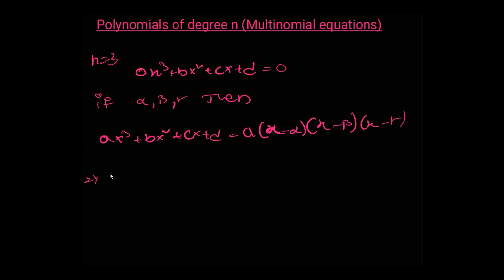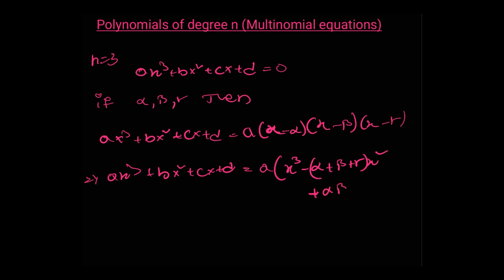That implies ax cube plus bx square plus cx plus d can be written as a times x cube minus (alpha plus beta plus gamma) times x square plus (alpha beta plus beta gamma plus gamma alpha) times x minus alpha beta gamma,